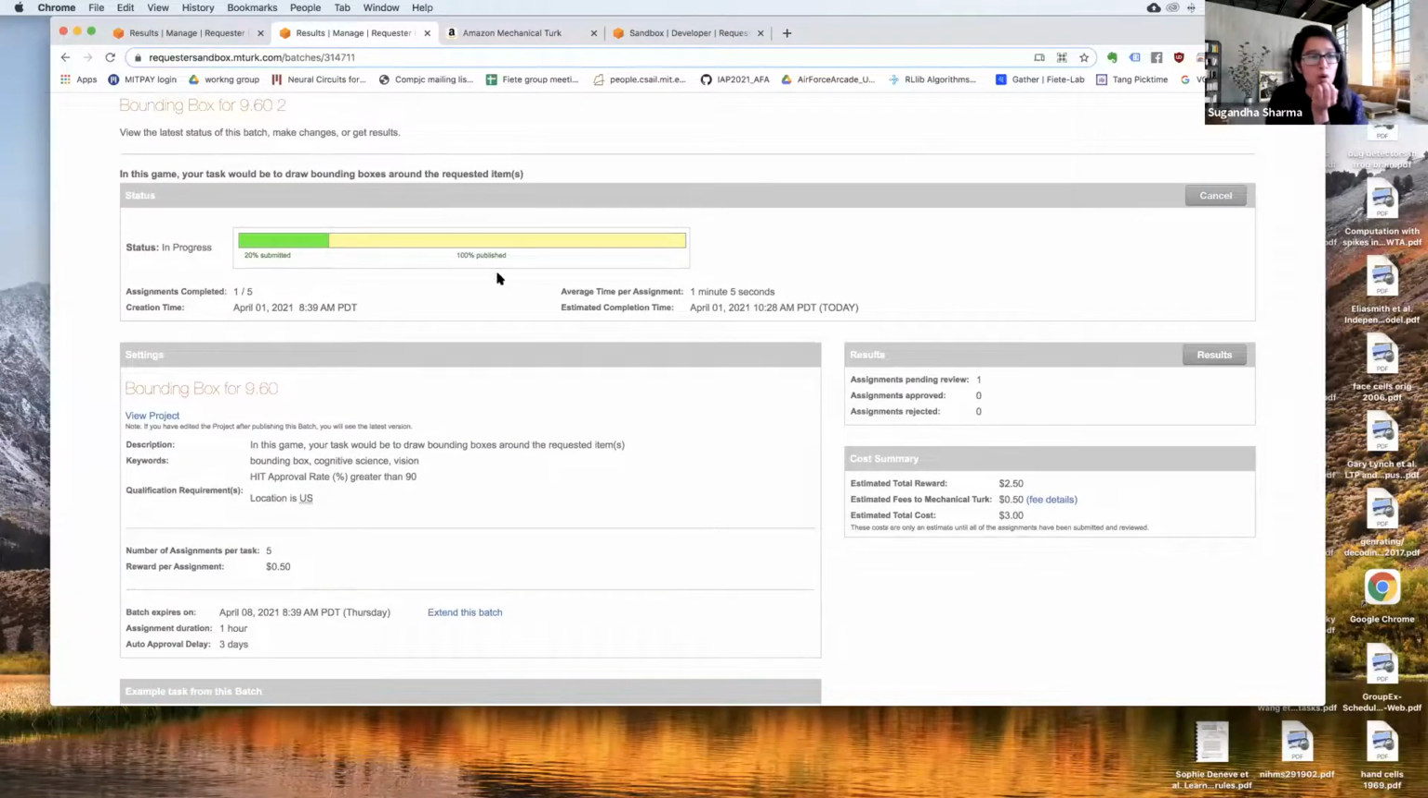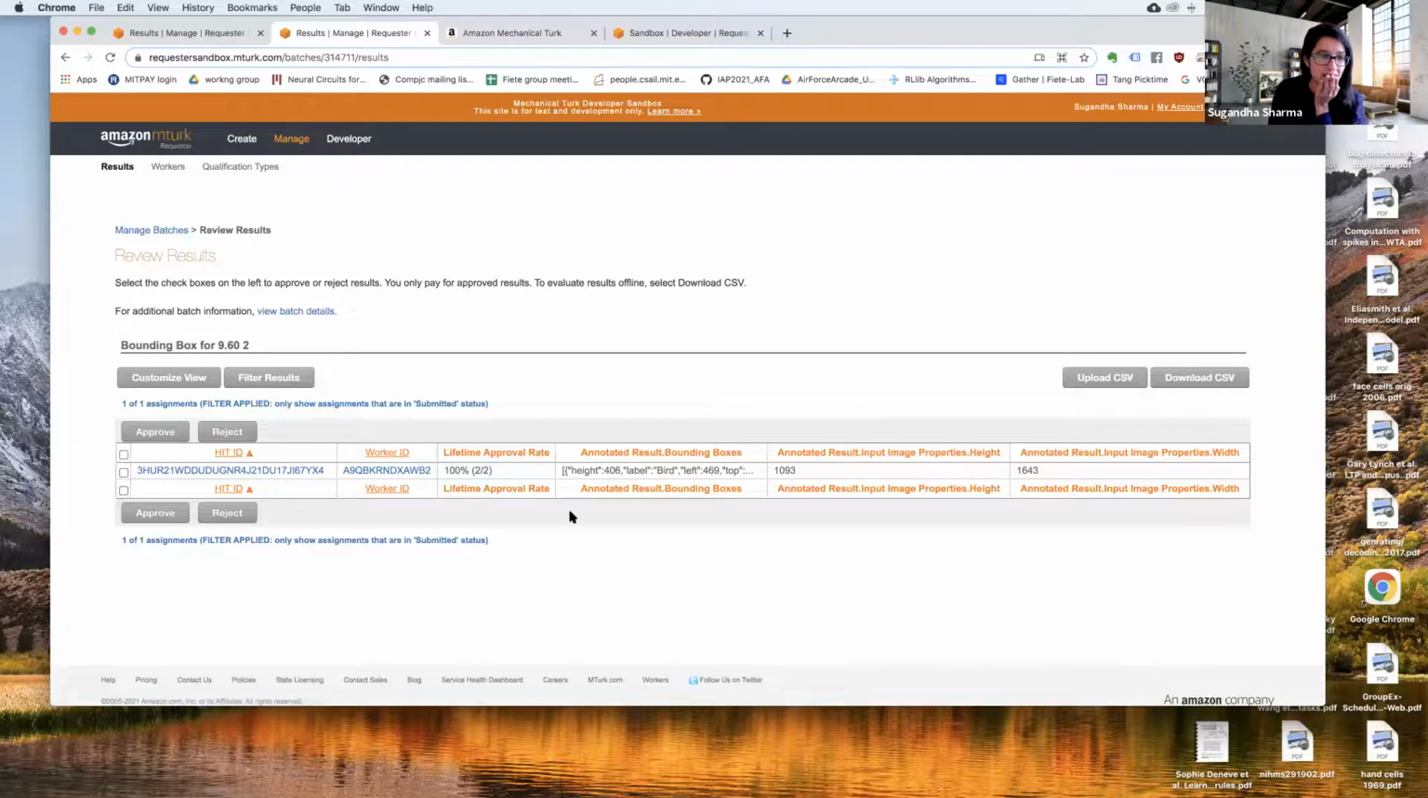But what we can do now is, since we see this assignment is completed, we can go to results and look at this result. And you'll see that if you go to results, you see the worker ID, you see the hit ID, right? So the worker ID, every